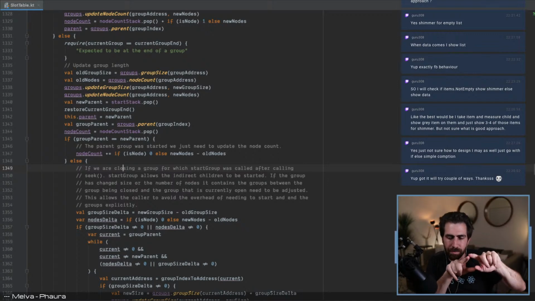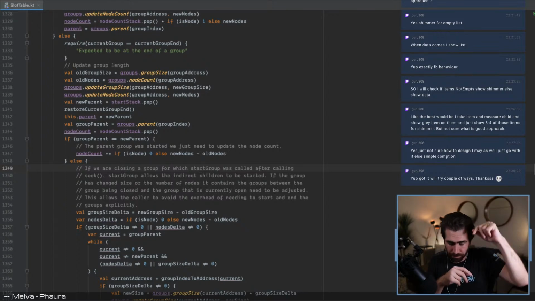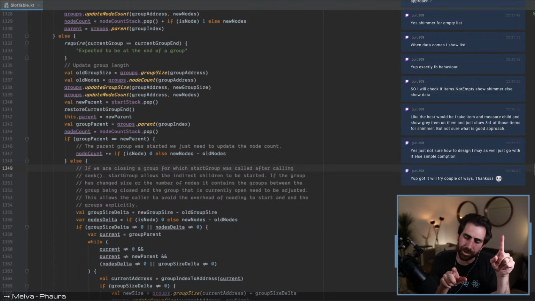And so you might be skipping a bunch of groups in between where you seeked from, which could be the root of the table or somewhere else. If you skipped a bunch of groups, then we're not necessarily putting that in the stacks,